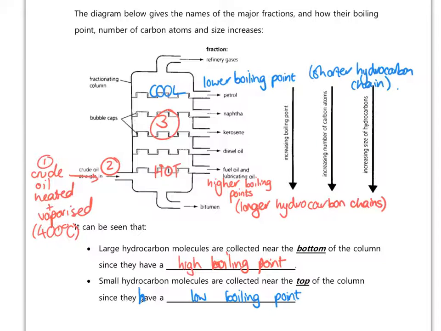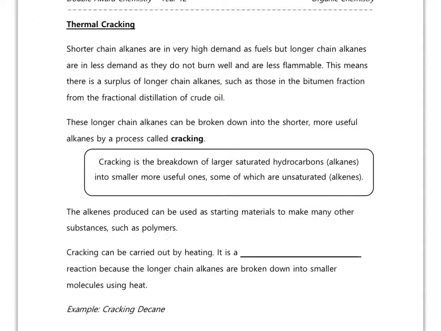If you flick over to page 9, then it was covered in the other videos, so we're going to go straight to page 10. So this is over on page 10 now, and we're going to talk about the process of thermal cracking. So essentially the summary of this is that short chain hydrocarbons, short chain alkanes, are useful as fuels because they burn very easily and they release a lot of energy when they burn. But the longer chain alkanes are less flammable, and so they're not in so much demand. So we know in our fractionating column we collect different fractions. We've got our shorter chain alkanes up at the top, which are useful. But then you've got your longer chain alkanes as well, and we don't want to waste them as such.